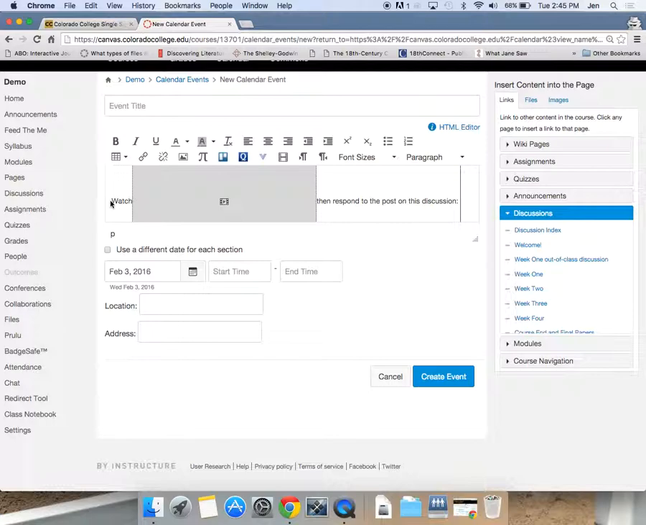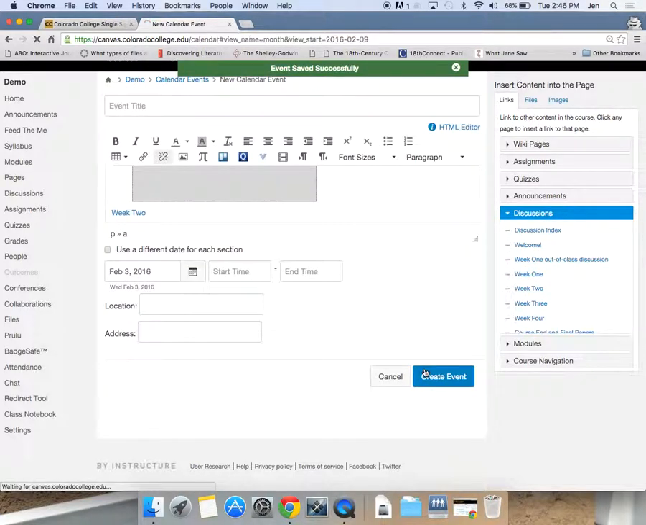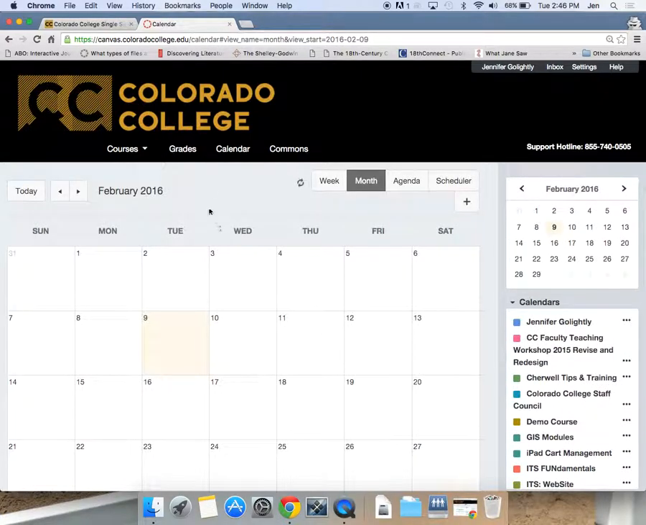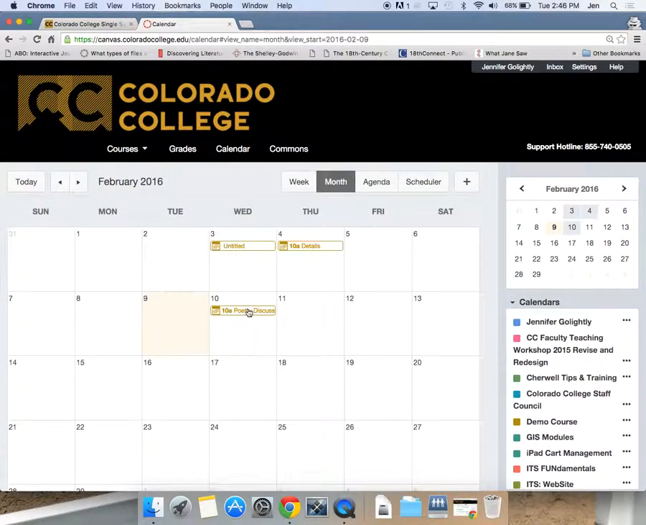I would do this better so that the video is not right in the middle of the text, and then you could put in another discussion and then create an event. And so when they open the event in the calendar, then